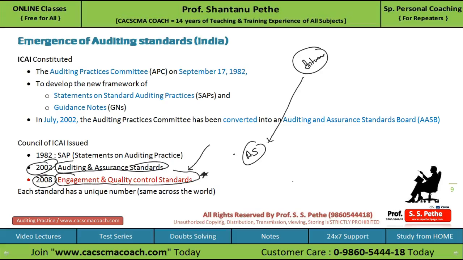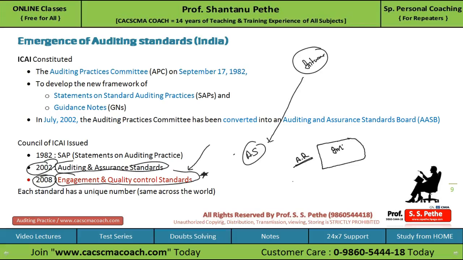So the effect of these engagement and quality control standards, which are in line with the international auditing standards, is that whenever an audit is done, it will be done uniformly throughout the world, whether in India or outside India. Whenever an auditor audits the business or the books of account, the same set of procedures and principles will be followed. And the most important effect is that since the same set of principles and procedures are followed for audit throughout the world, any audit report